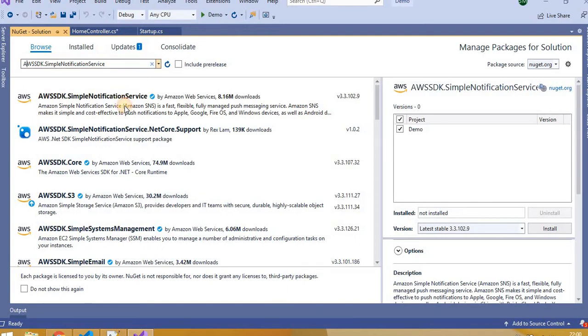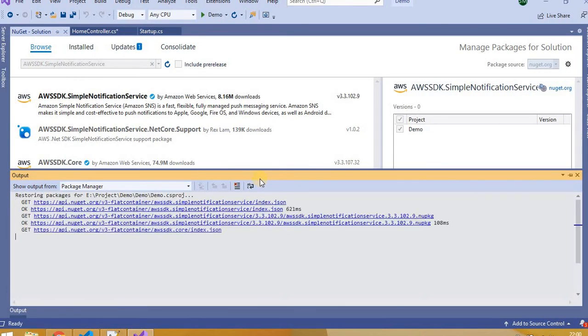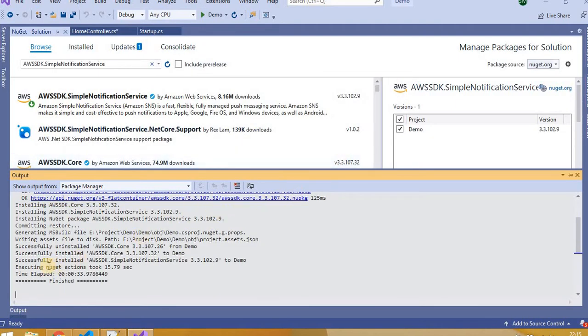Just select this service here, mark the checkbox against your project, and click on install. It will take some time to install. This package is now installed.